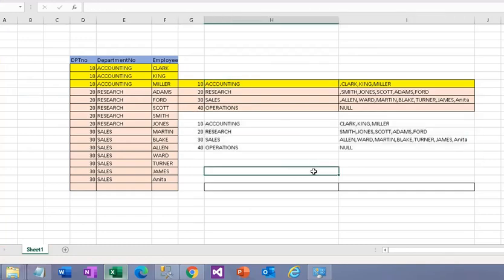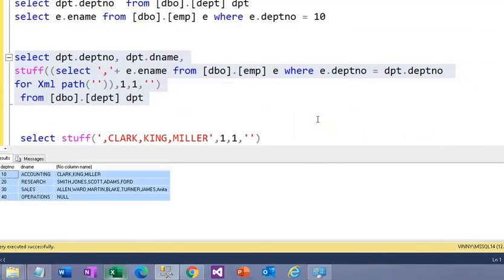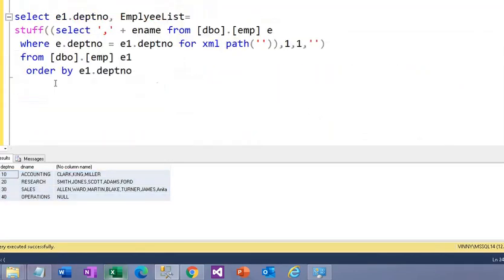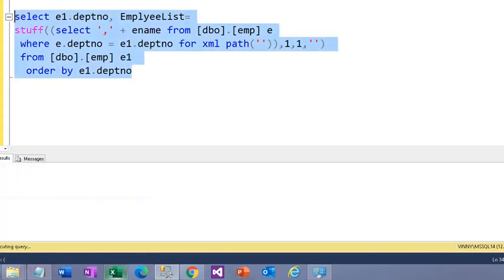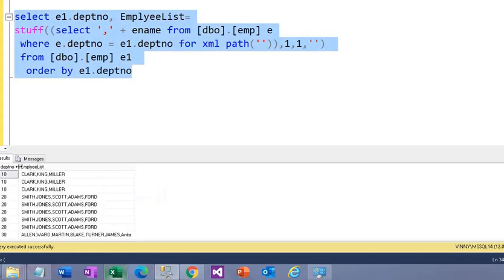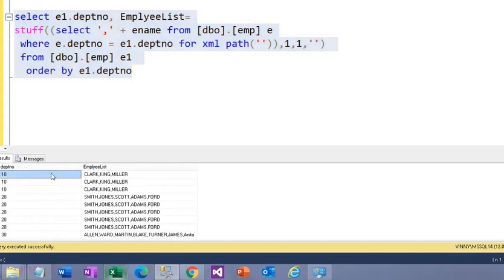Okay, this looks good. Now I'm giving you another example where I'm referencing the same table after giving a different alias name. So for the inner table the alias name is E, and the outer table alias name is E1. And the rest of the things are the same, guys. Run this query, I will get the duplicate records. Here you can see I have duplicate values.